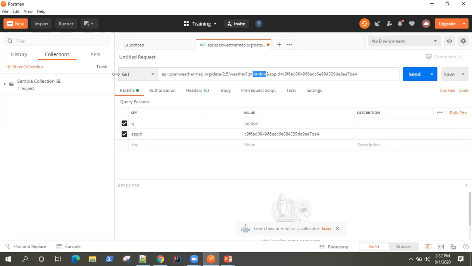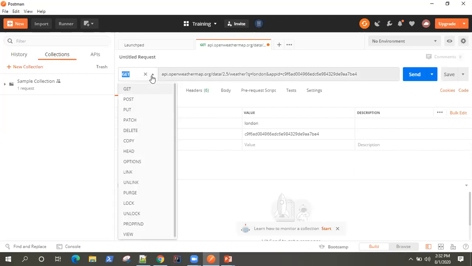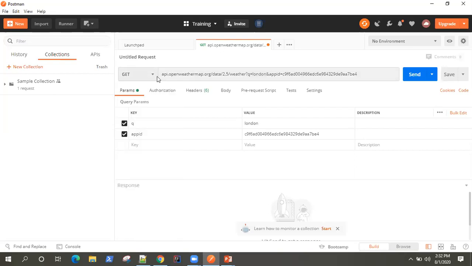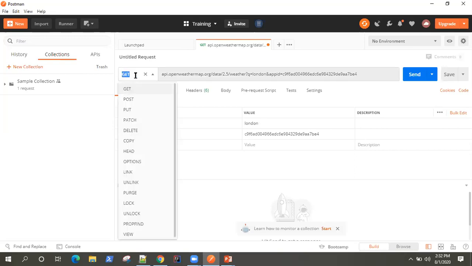Now, looking at Postman, as you see, as soon as we create a new request, GET is selected by default. So the request type is GET by default. If you want to change that, you can change it to POST, PUT, PATCH, DELETE, and there are lots of other request types present in Postman.